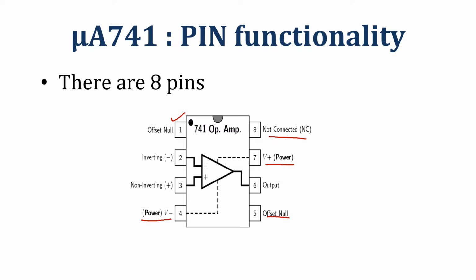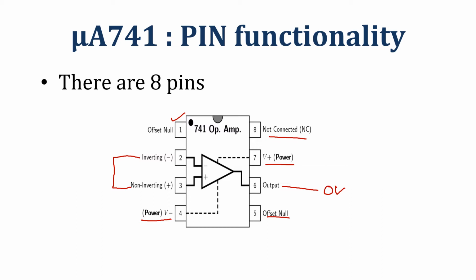Now let me tell you what is the purpose of offset null. Maybe you have studied earlier also. Whenever the same input is applied on pin number 2 and pin number 3, or we can say there is zero difference between the two inputs, then the output pin should give you 0 volt. Okay, that is the ideal condition. If you are getting any output when input pins 3 and 2 have the same voltage, or they are short circuited and then given any input, it means there is some offset voltage at the output.